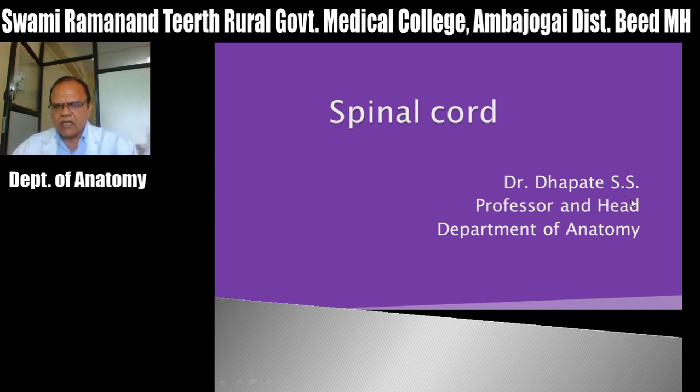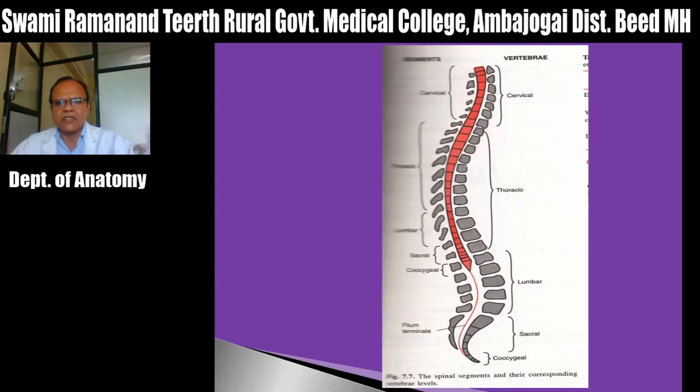Today we will start the central nervous system. Simultaneously, along with physiology, the CNS is going on. We'll start right from the spinal cord. In order to see the spinal cord, we'll see what the features of the spinal cord are, how it looks, what the coverings of the spinal cord are, what the enlargements of the spinal cord are, and then particularly the applied aspect, external features, and internal features, one by one.